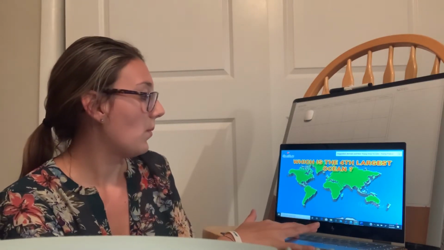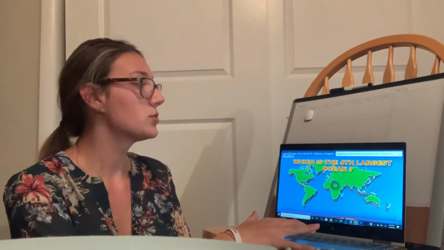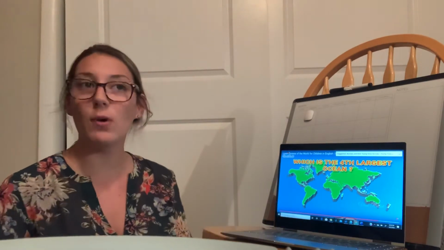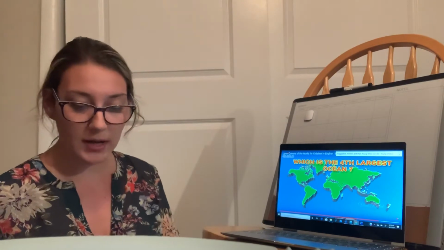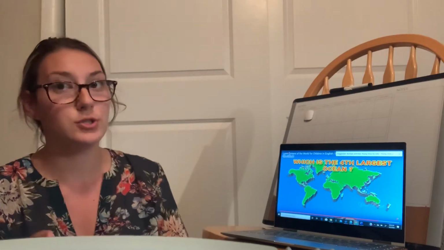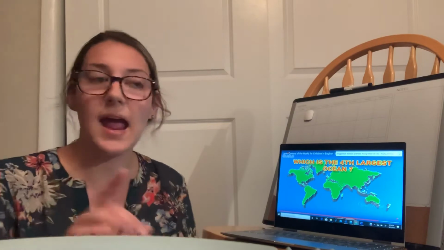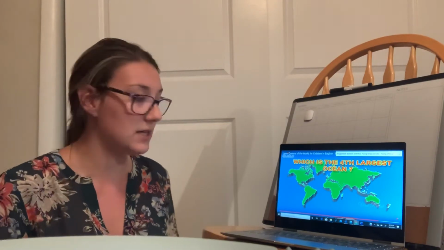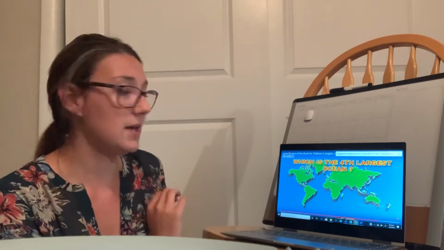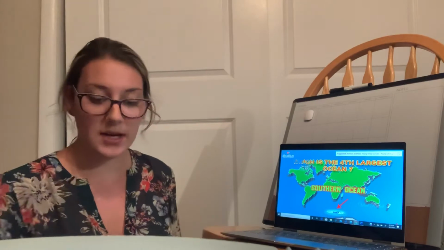Which is the newest and fourth largest ocean? So what was the newest and the fourth largest ocean? It had another name, remember? Can anyone tell me? Yes, George? Yes, it was the Southern Ocean. Do you remember what the other name of it was? Yes, Antarctic Ocean, but we are going to use Southern Ocean for this activity. Let's see, was George correct? Southern Ocean. Southern Ocean, yes.